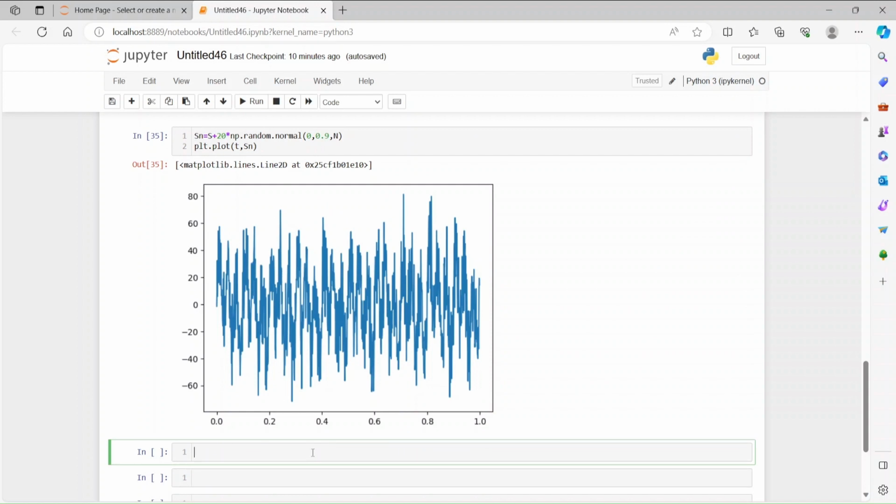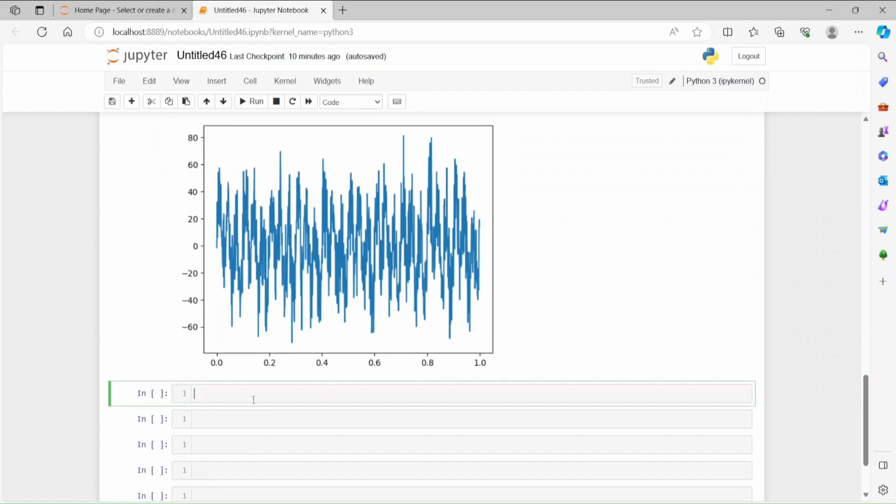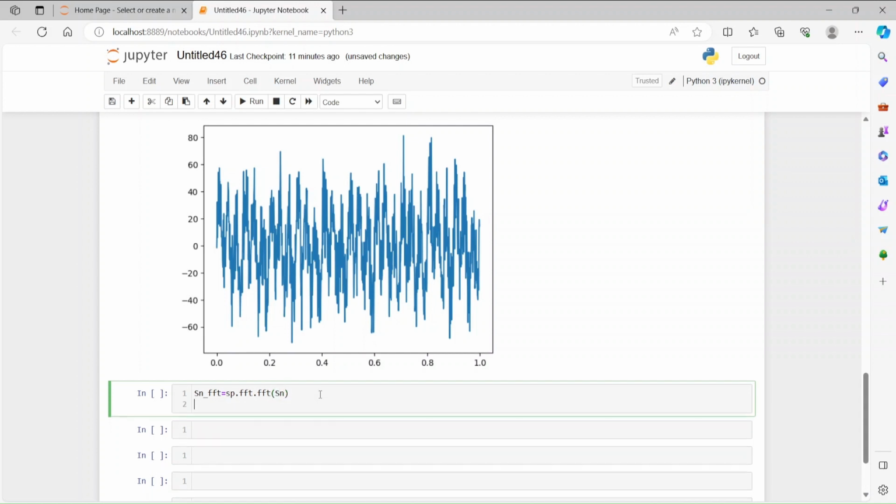Okay, so let's move into the frequency conversion. Let's use the fast Fourier transform. The signal we're going to use the FFT on is SN, so S_fft is, we have to call the SciPy library. So sp dot fft dot fft. Inside the fft module, we have the fft function. Then we are going to take the FFT of this SN signal. Okay, so this is it, and also we have to get the frequency component of that. So freq is sp dot fft dot